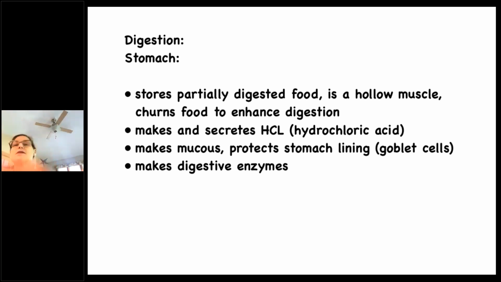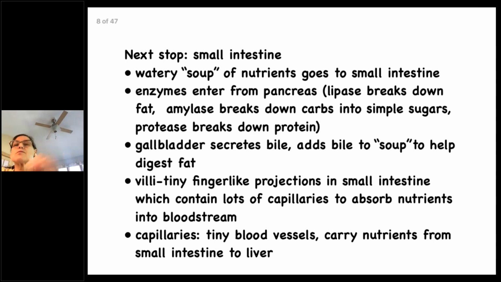Okay, after the stomach, the next stop is the small intestine. And you've got this watery soup of nutrients that goes from the stomach to the small intestine. And we have enzymes that enter from the pancreas. Lipase breaks down the fat. Amylase breaks down carbs into simple sugars. And protease breaks down protein. The gallbladder helps to digest fat. It secretes bile, adds bile to the soup. And then